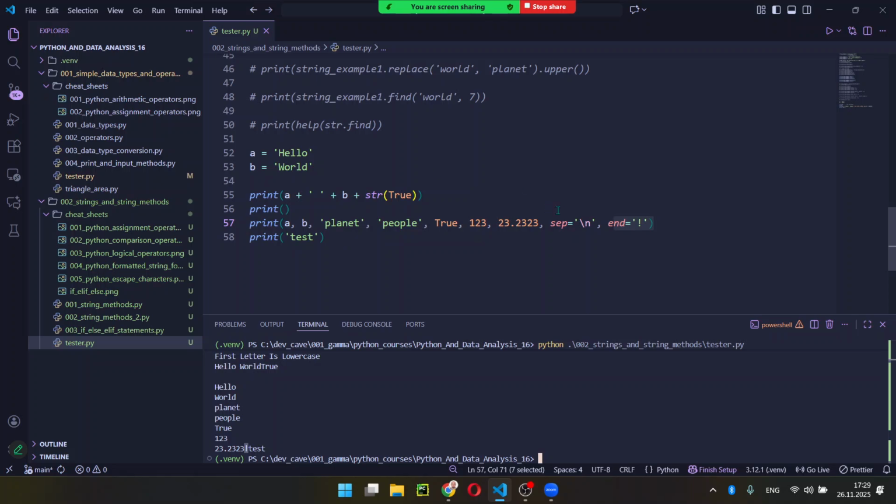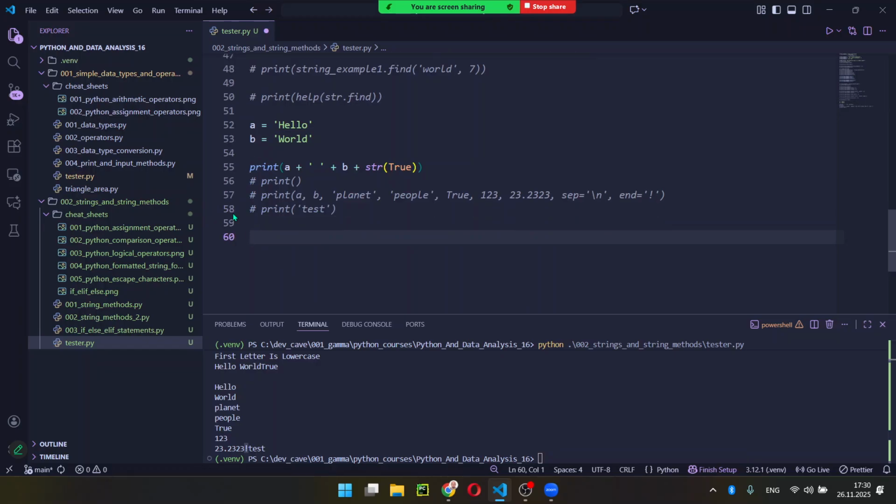Right, once again, sep stands for whatever I separate these values with. By default it's a white space, so if you don't enter anything in sep it will be a white space. And end by default is a new line, so whatever I put at the end of this print statement. Okay, so, but we need to create lines, and we know that we can